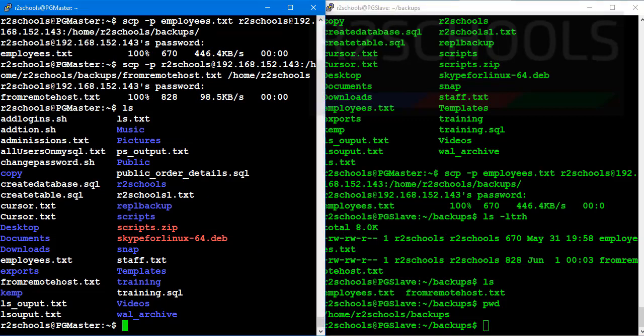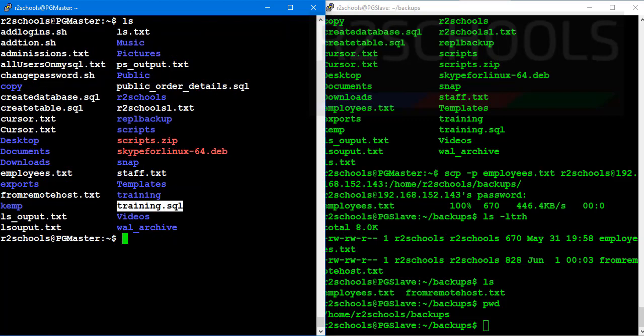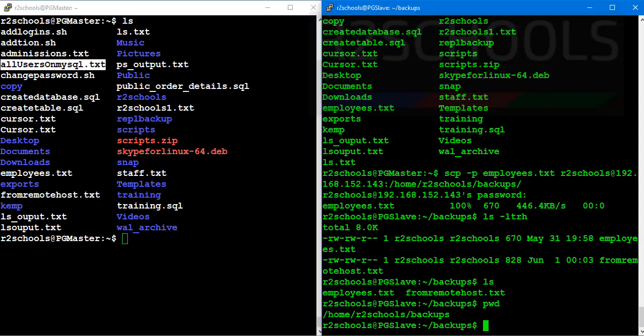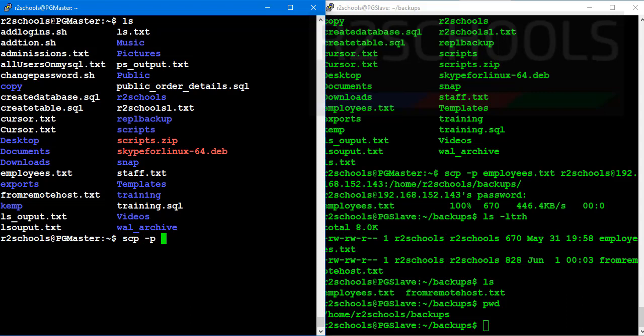Third example: we are going to see how to copy multiple files from the local host to the remote host by using the Linux scp command. Clear screen. Now I am going to copy this file and this file, so both files from this local host to this remote host. scp -p allusers.txt mysql.txt and training.txt.